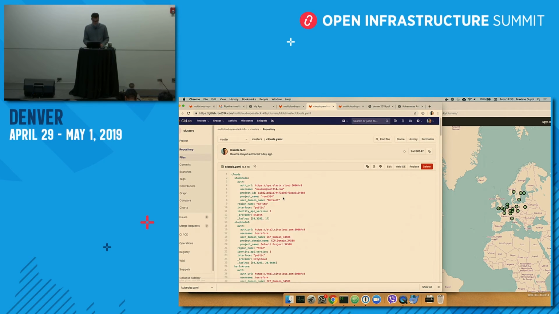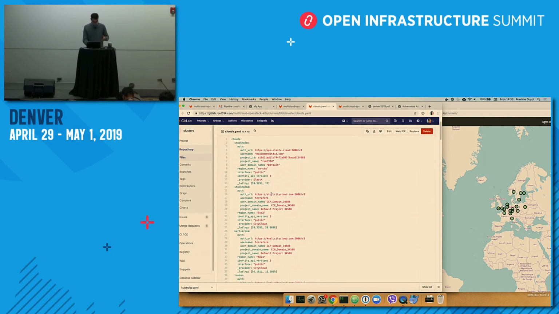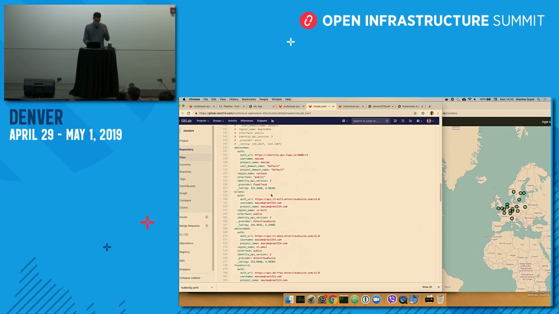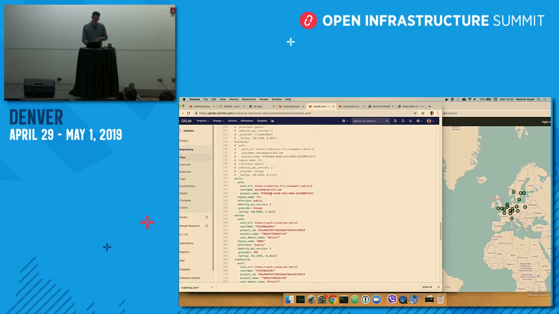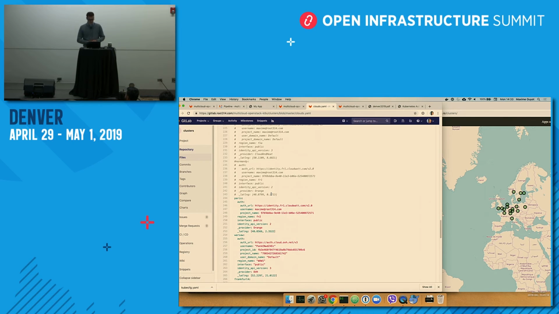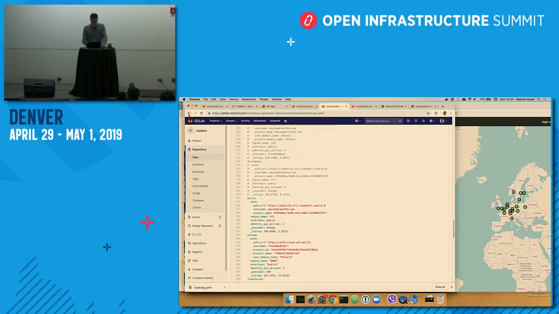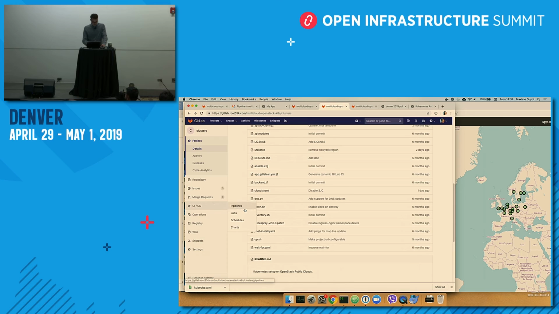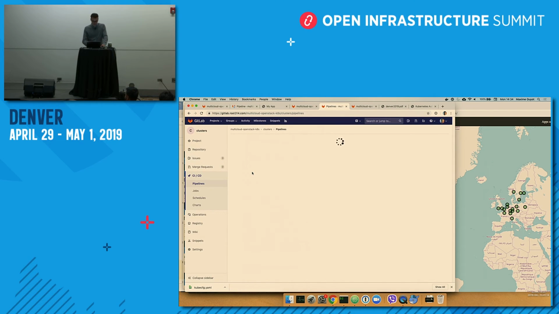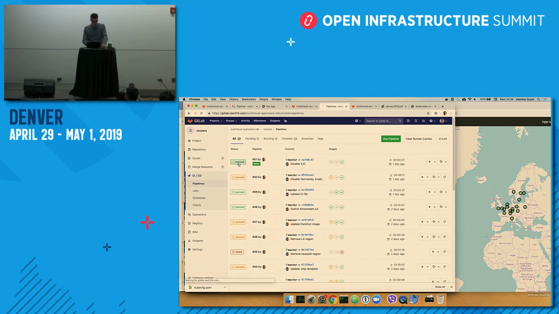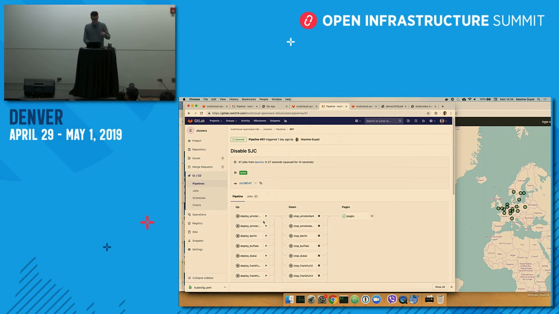So this is a pretty familiar clouds.yaml. There are dictionaries to define all the different providers: Stockholm 1, Stockholm 2, Tokyo, Montreal, Prague, and a bunch of other ones. I had to comment a couple of those because there were some issues with a couple of providers. All right, and then the infrastructure as code is based on pipelines as well for setting up clusters. We can just delete and create clusters through here. Up will create a cluster, and down will destroy a cluster, like I said.